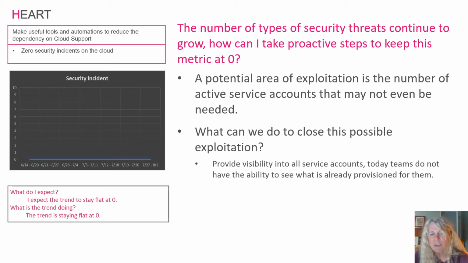And so the activity that they want to do is they want to make sure that all application teams have visibility into their service accounts. Today they don't have those. So when they're originally provisioned and put on the cloud, they have service accounts set up. They may have never used those, and they may have requested a number of additional ones since and may have lost track of the service accounts they have. And there's no place that they can go to see those service accounts, so they don't even know what they have. So the first thing is to make those visible so teams know what they have.